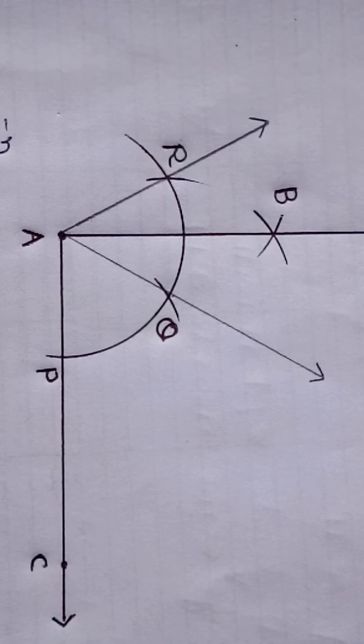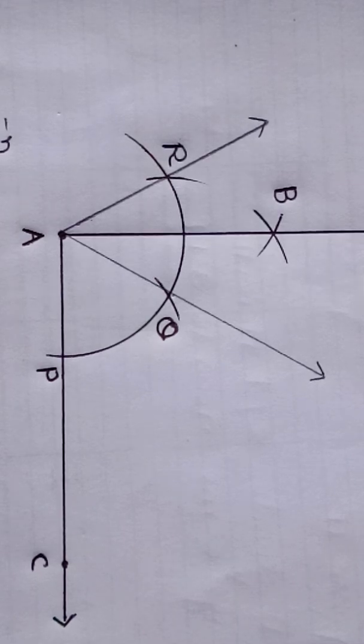I am using same figure and all 6 steps of construction also will remain same. You have to write next steps by your own. So data will be AC ray given to you. We want to construct angle of 45 degree. So construction, that is to construct BAC, instead of 90 degree it will come 45 degree, and instead of angle BAC you can change name to suppose DAC. So what we want to construct? Angle DAC of 45 degree.